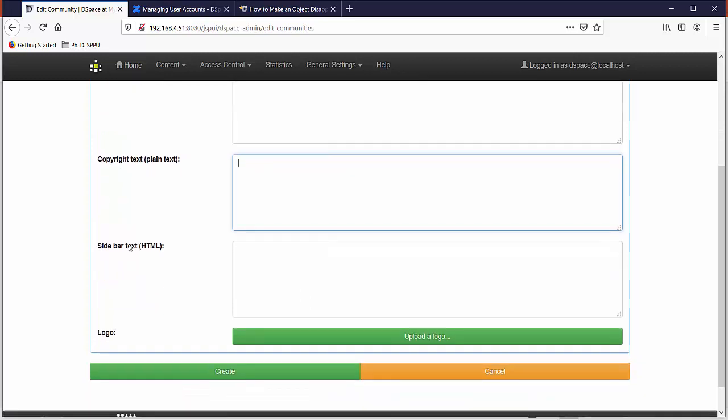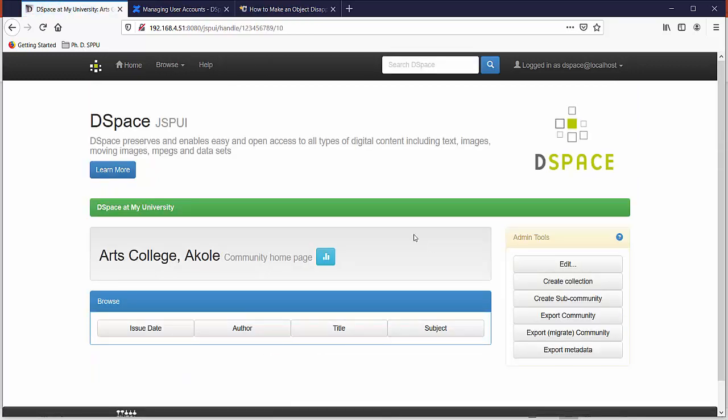Same is the case with sidebar text, but again HTML. You may upload a logo to your community. Just click the create button to create this top level community. We have successfully created Arts College Akole as a community in our DSpace.